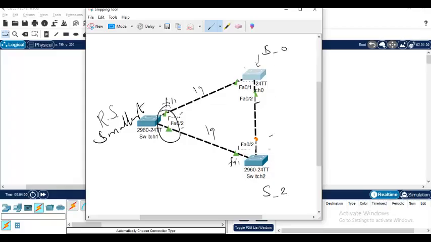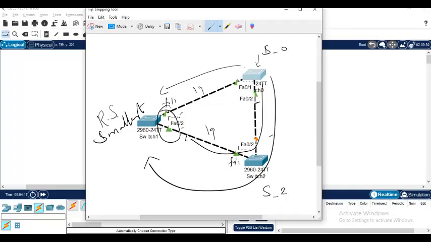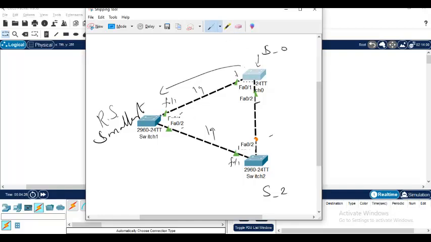So this switch 0 will say, I will use this as the root port to talk to the root switch, root port forwarding. And this switch will also say, yeah, I am also going to use this port as a root port forwarding. The reason is cost. Now what they do,